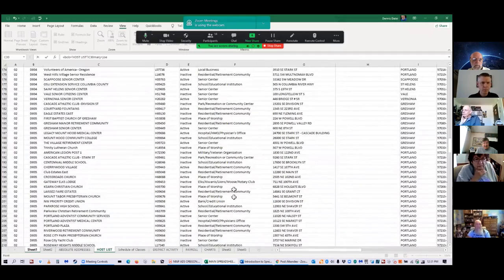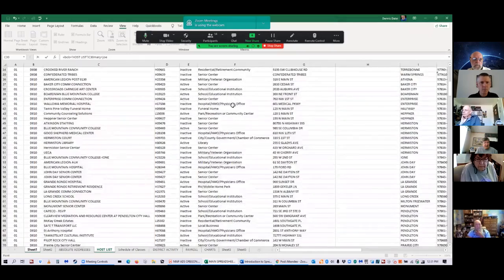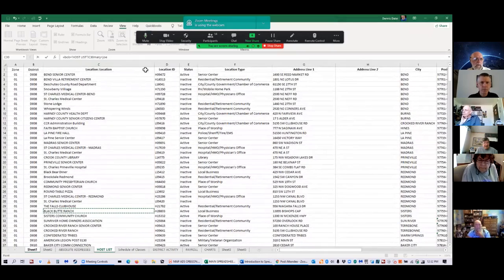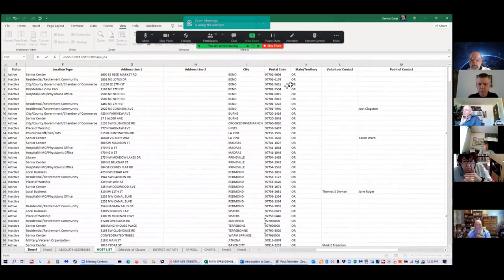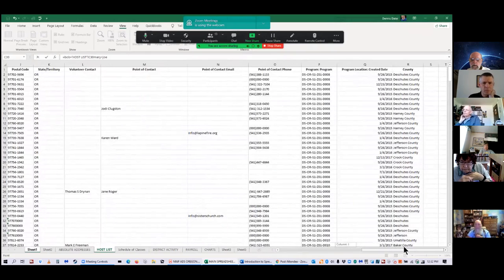If we come up here, we have the zone, district, location. There's an ID, there's a status, there's the type of facility it is, addresses, city, postal codes, state, and some other information over here. And way over here has the county, right? Now,